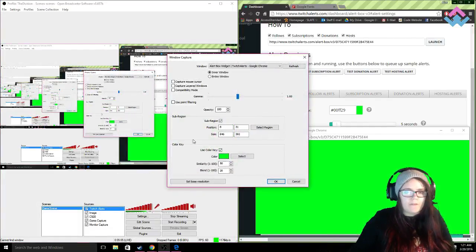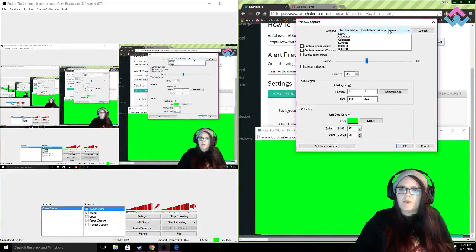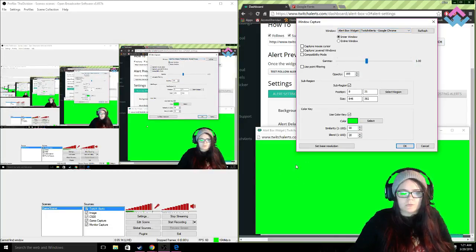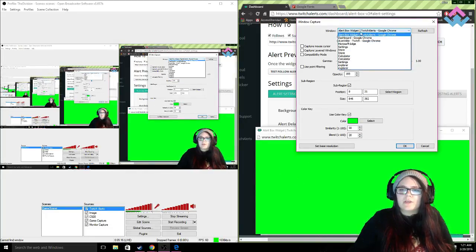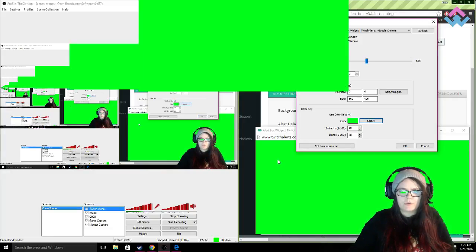So once you have that, you're going to want to go into your properties. So in your properties, you're going to click your window. So the window we're going to use is this green window here, and it's called the alert box widget. So that's what you're going to want there. What you're also going to want to do is down here, you're going to want to click use color key, which is going to allow us to use the green screen-like feature. And when you click select, you have the option to